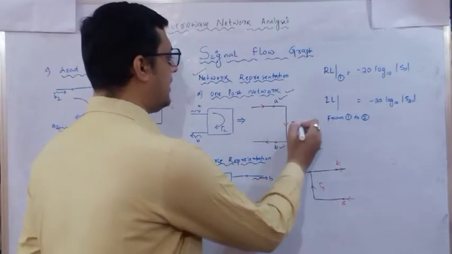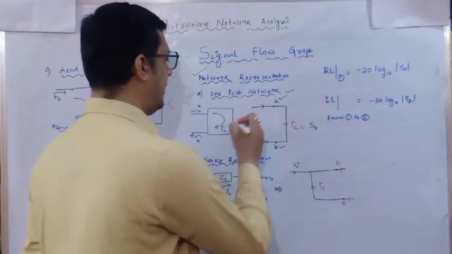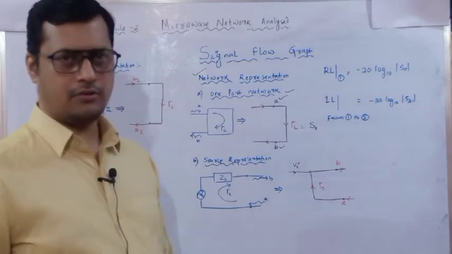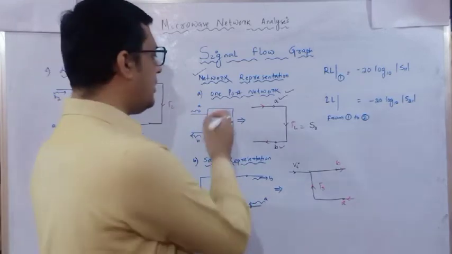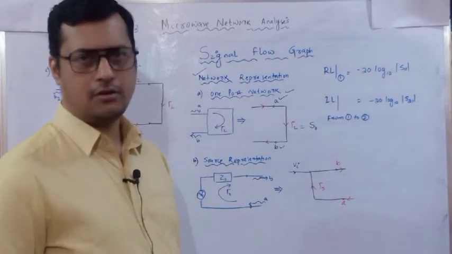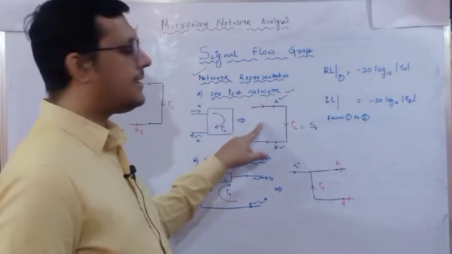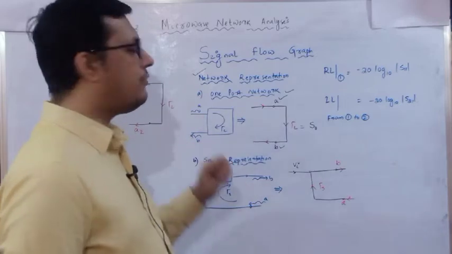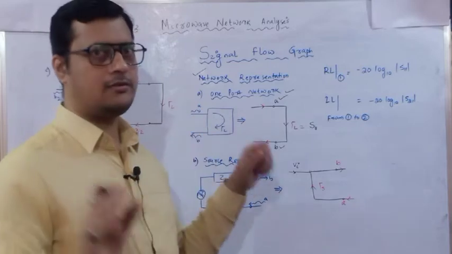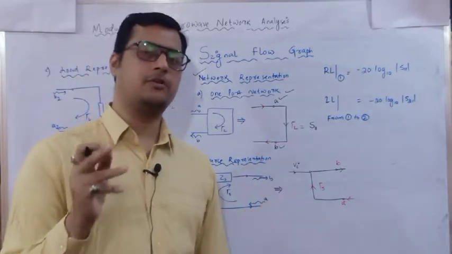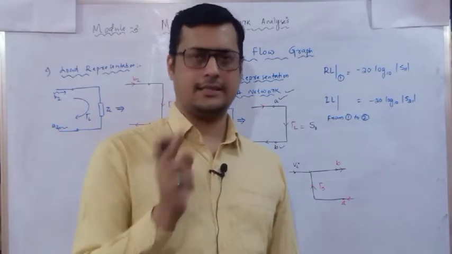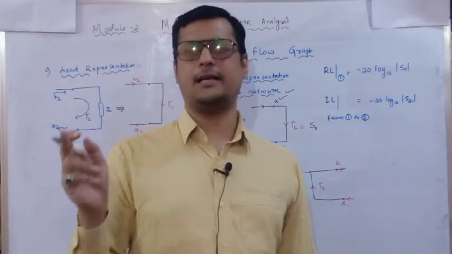So here the reflection coefficient rho L, this is the load, I can write as S11 because it is a one port network, nothing else is there, only the load term is available. So reflection coefficient rho L is the same as S11. This is the signal flow graph for the one port network. If it is one port and this is the load, no second port is available. So one port means how many potentials are we going to identify? Two. One is the incident potential, one is the reflected.